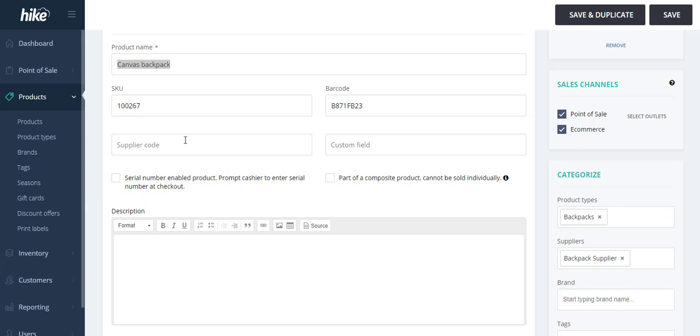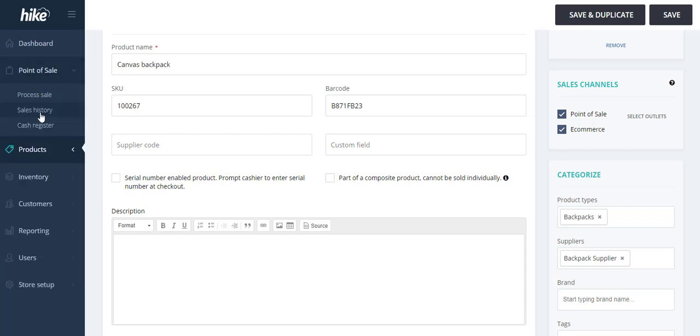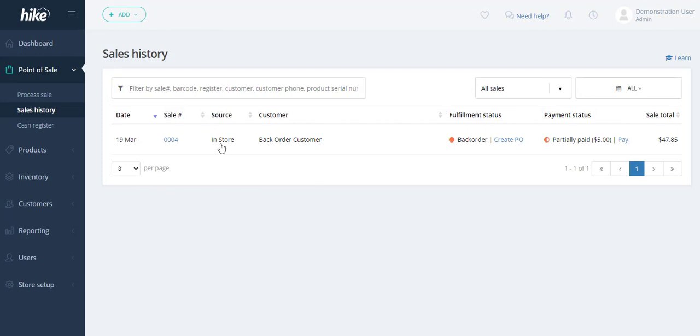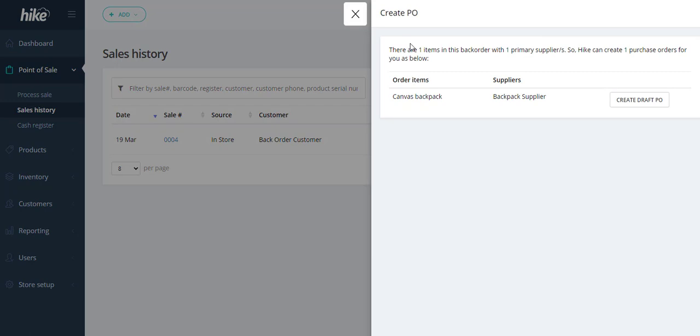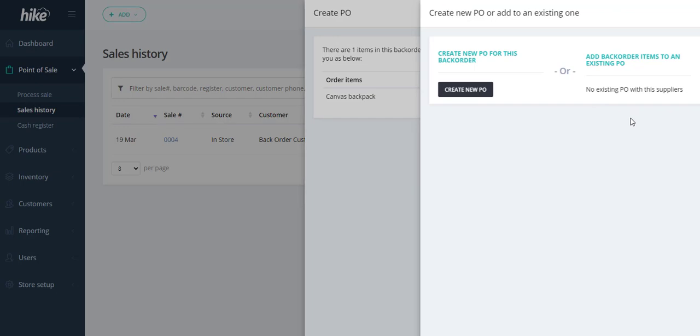So what we'll want to do now is to go back to our backorder that we have created by going to the point of sale sales history area. And in the fulfillment status, we can select the create purchase order button, which will bring out a list of the items that's in the order and the relevant supplier that's assigned to that order. So if you select the create draft purchase order from there,